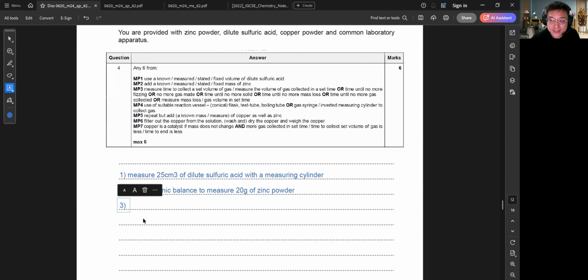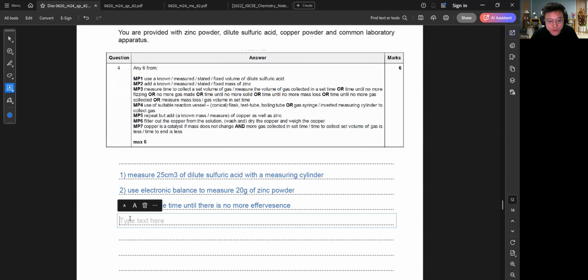All right. So that's an even better way to do it. We say measure the time, or normally what we do is the time until there is no more effervescence, right? Until there's no more carbon dioxide produced. Then for question four, all right,